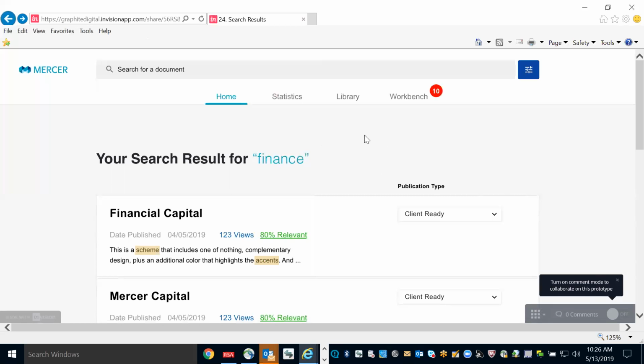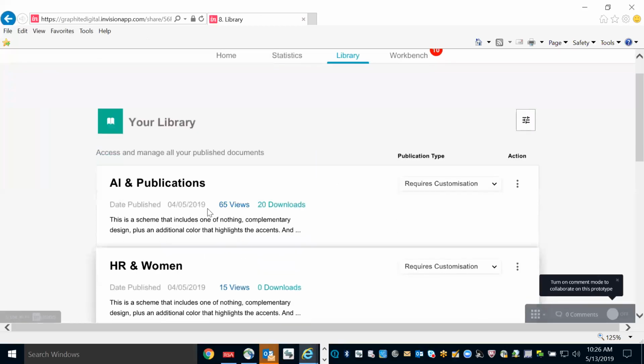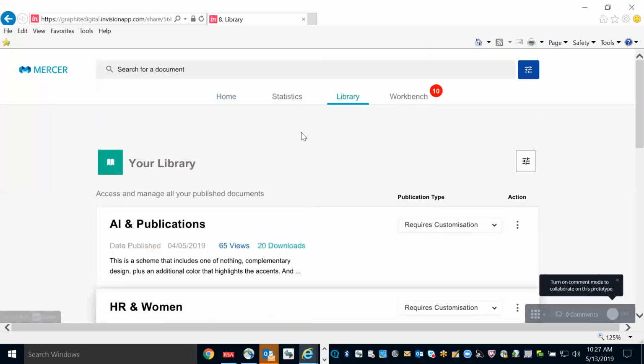A hit is, I love the library, the ability to just see everything here and get quick hit data. I like that. The miss, I think, is the way that you're actually uploading content. It's just not as intuitive as I would have thought. Getting from that home page where I'm uploading content and then being able to make edits based on what you see in the workbench, there's a disconnect there.